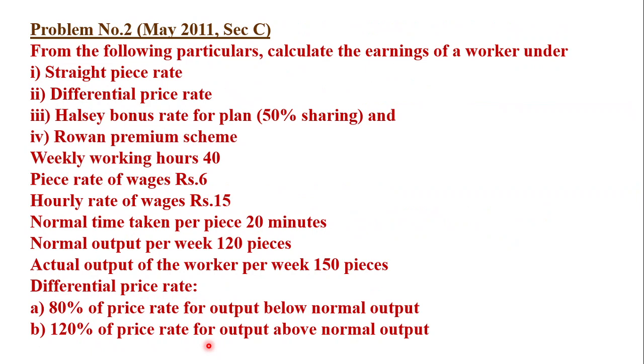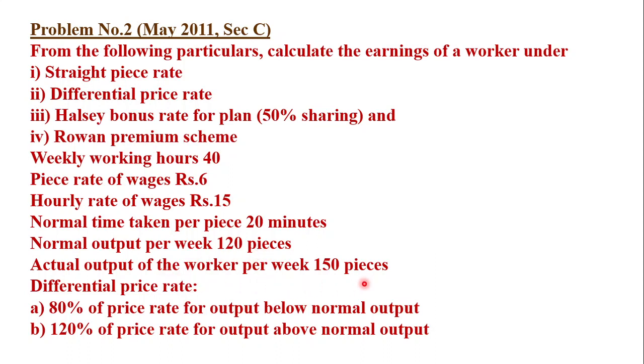Next, second problem. This problem was also given in the year 2011 for section C. From the following particulars, calculate the earnings of a worker under straight piece rate, differential piece rate, Halsey bonus plan with 50% sharing, and Rowan premium scheme. The details given: weekly working hours 40, piece rate of wages 6, hourly rate of wages rupees 15, normal time taken per piece 20 minutes, normal output per week 120 pieces,